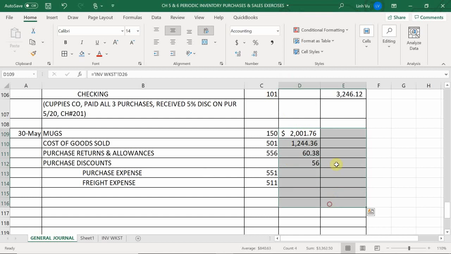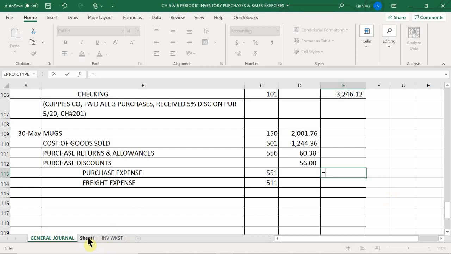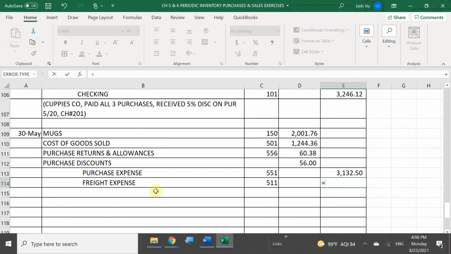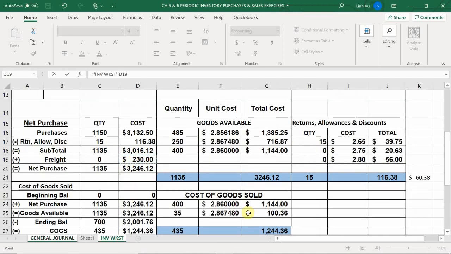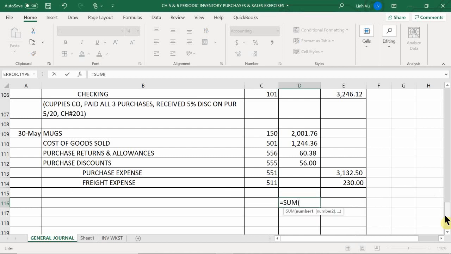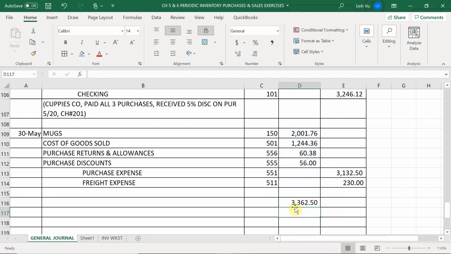Okay. What was the total cost of my original purchases? $3,132.50. Good. And what was my total freight? $230. Good. Okay, and then purchase discount is account 555. So let's go ahead and tally up all those totals and see what we get. I get $3,362.50 on the left,